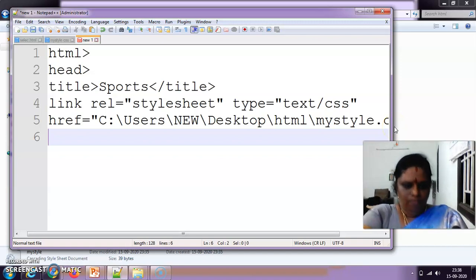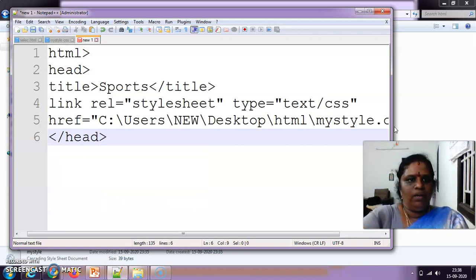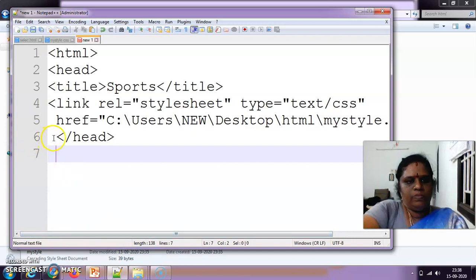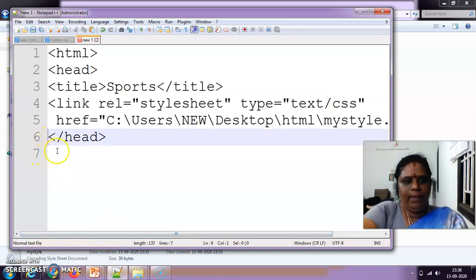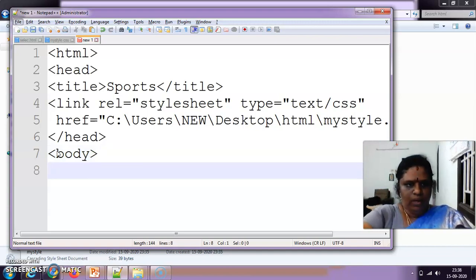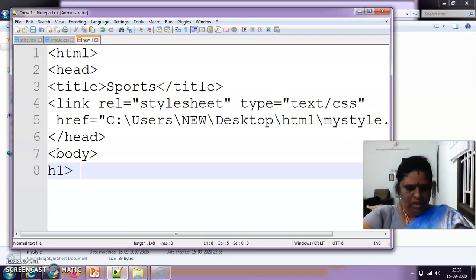After href we are going to close the heading part and enter into the body part. In this body part, we are going to apply h1 and cricket.